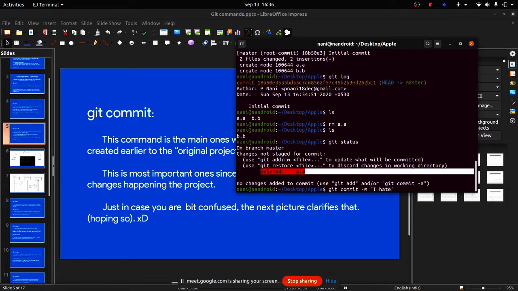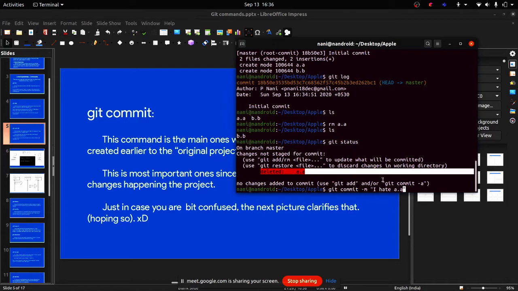I'm just using a casual message, but you have to use it professionally, because when you work in a company, they don't prefer messages like I hate a.a. b.b looks silly, so I don't prefer using it that way. I was just using this to show you an example. But in professional companies and corporate style, they use a clear, descriptive, short message to tell what has happened.